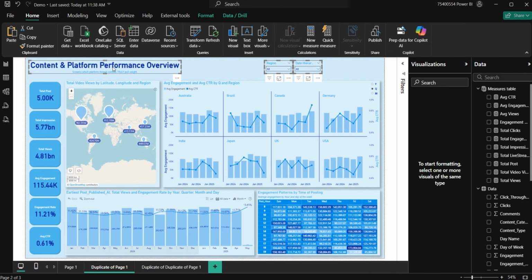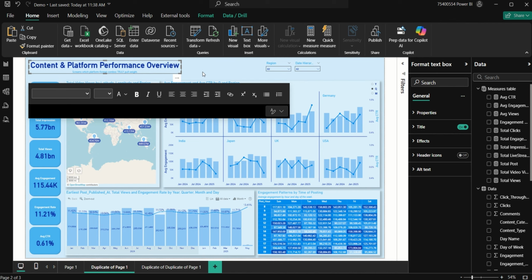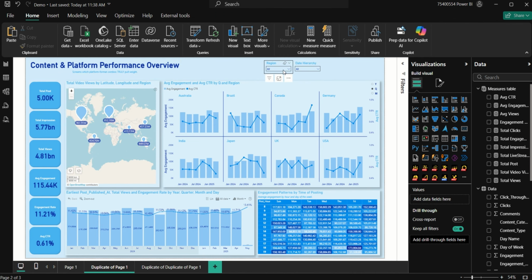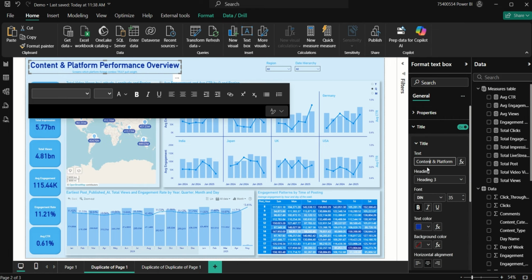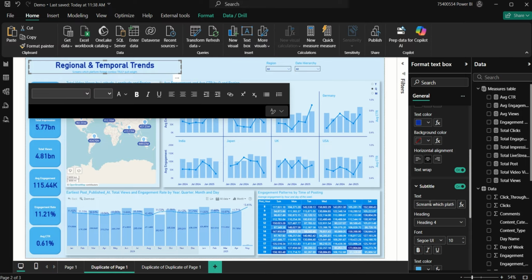Don't sync. Don't sync enables that when I select a slicer here, it doesn't affect the next page. So on this title, I'm going to rename it. I'll call it regional and temporal trends. Now on the subtitle, I'm just going to write something that gives you more insight into what the